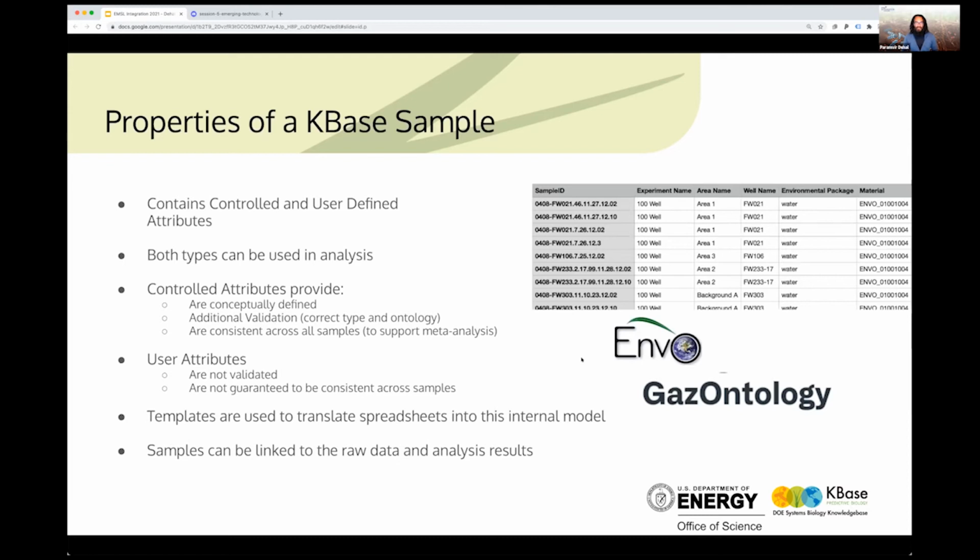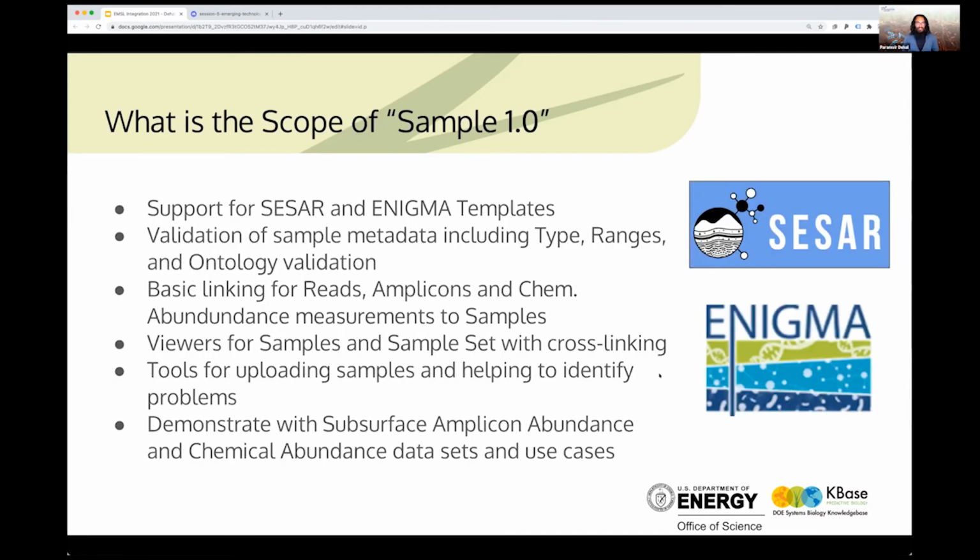And that's another area where we're trying to improve things so that we can support things like meta-analysis across multiple data sets across different labs. We are focusing on generating templates that help us translate these spreadsheets into this internal data representation, and the samples can be linked to the raw data. We're trying to focus on using ontologies so that it's easier to understand the content or the attributes themselves. Right now, we're in our 1.0 release, we've been focusing on subsurface data and